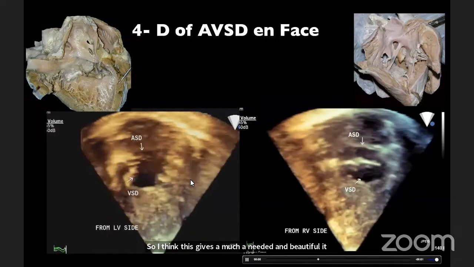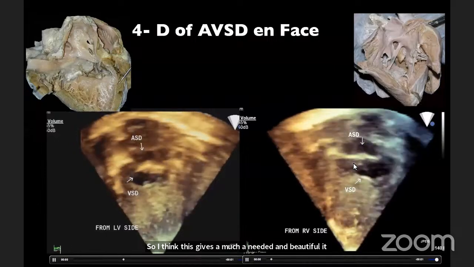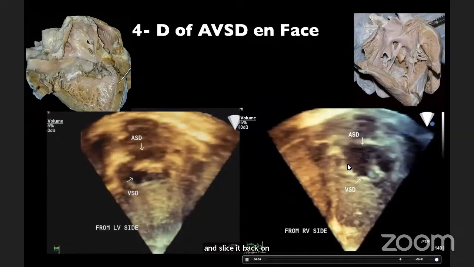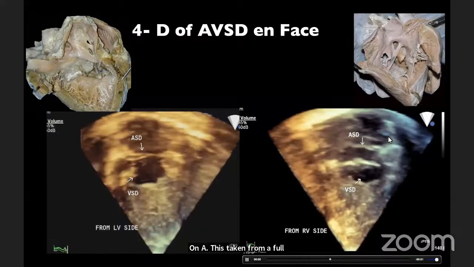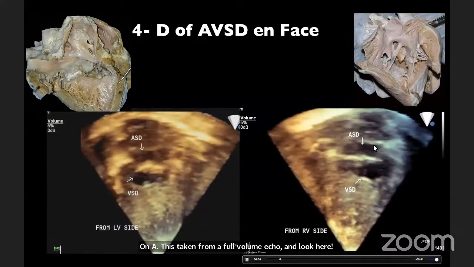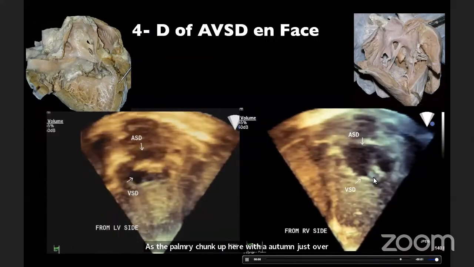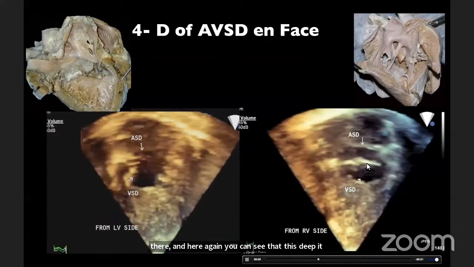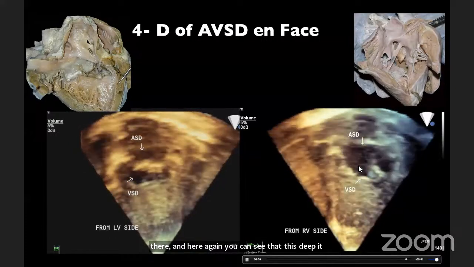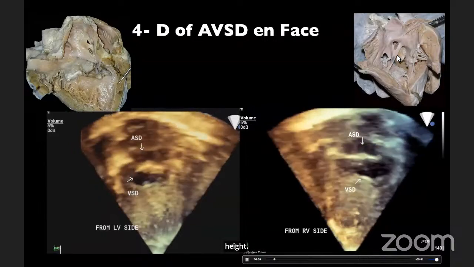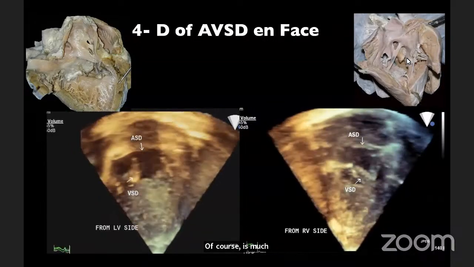And you can turn this echo around and slice it back on this taken from a full volume echo. And look, here's the pulmonary trunk up here with the aorta just over there. And here again, you can see that this defect runs the high length of the ventricular septum, and the height, of course, is much shorter. And here you can see again on this specimen, we can see